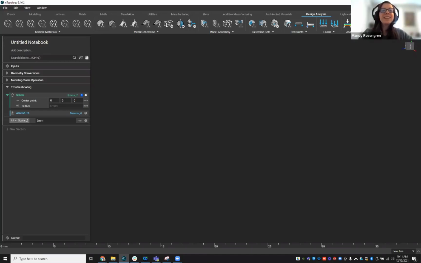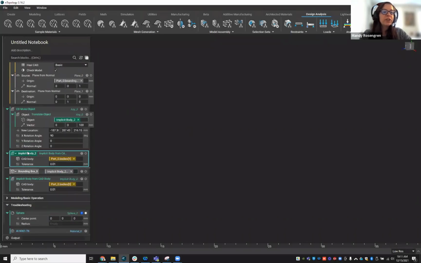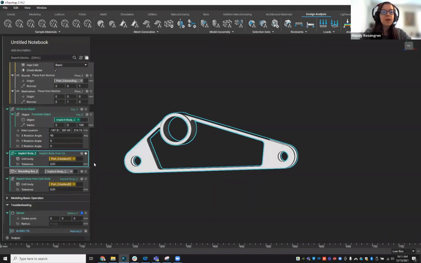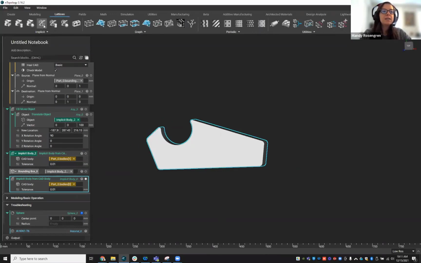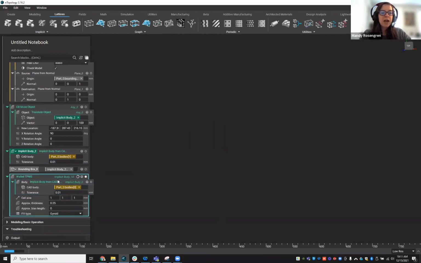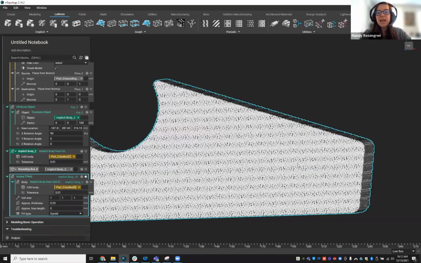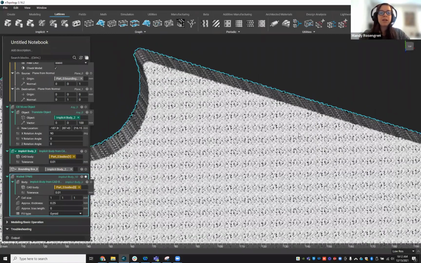Yeah, so that could be a different number of areas. One thing I'll note is that right now I'm viewing this in low resolution, which we can see at the bottom right of my screen. If I grab this other one, add our walled TPMS to it, and make this a gyroid, and view it, we can see it looks a little funky. The reason is that I'm in low resolution and this is a pretty large part. If I increase this cell size,